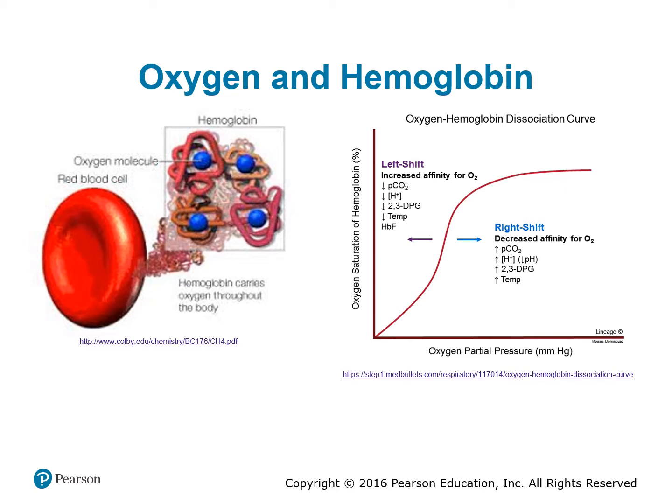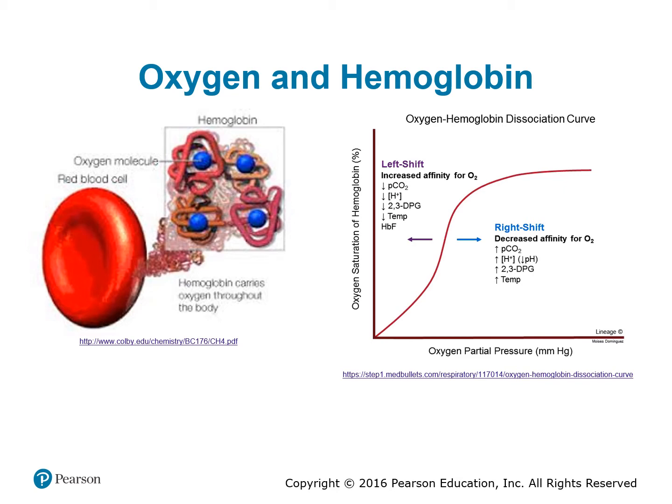So the rate of unloading and loading of oxygen is regulated to ensure that adequate oxygen is delivered to our cells. And there are many factors that influence hemoglobin saturation. On the far right-hand side of this screen, you can see what is called the oxygen hemoglobin dissociation curve. This curve will tell you the entities that will cause the curve to shift to the left, thereby increasing the affinity for oxygen, and the entities that will shift the curve to the right when there is a decreased